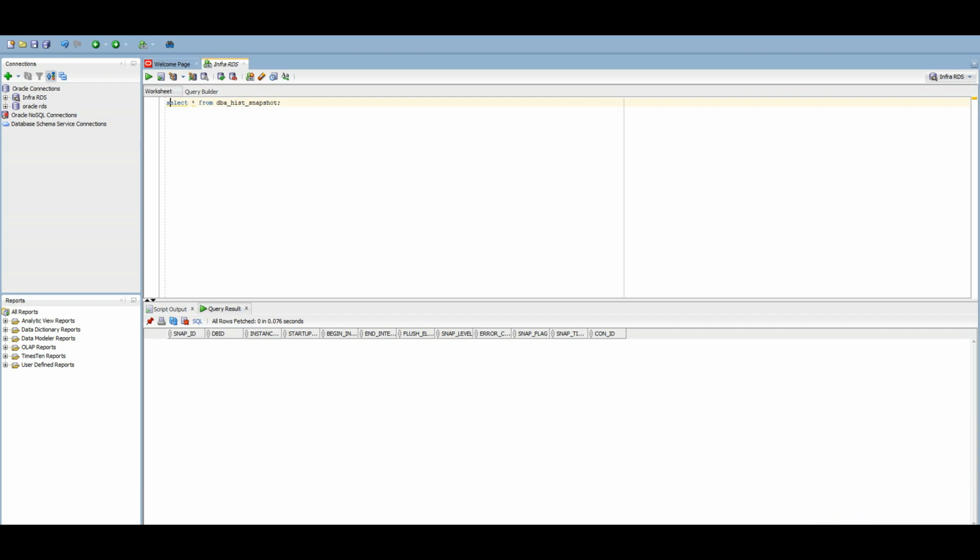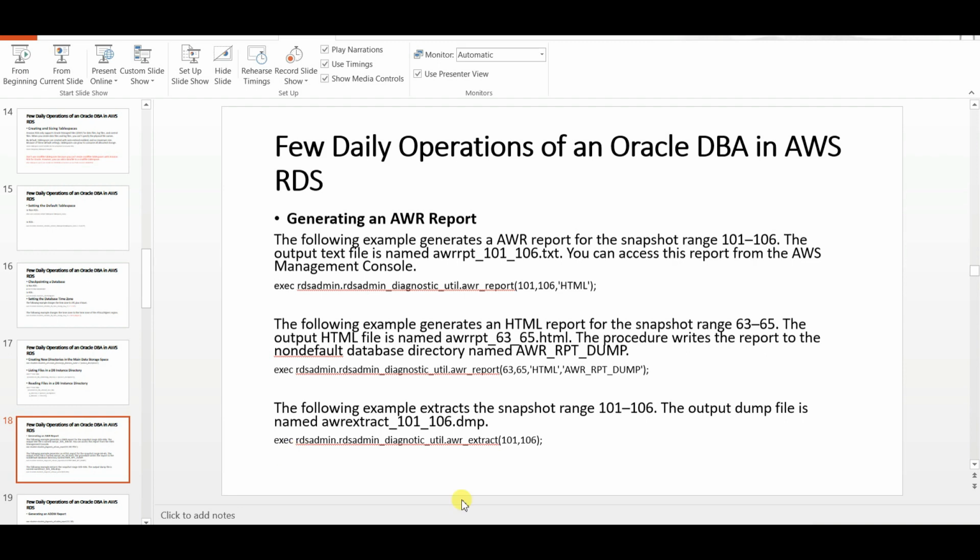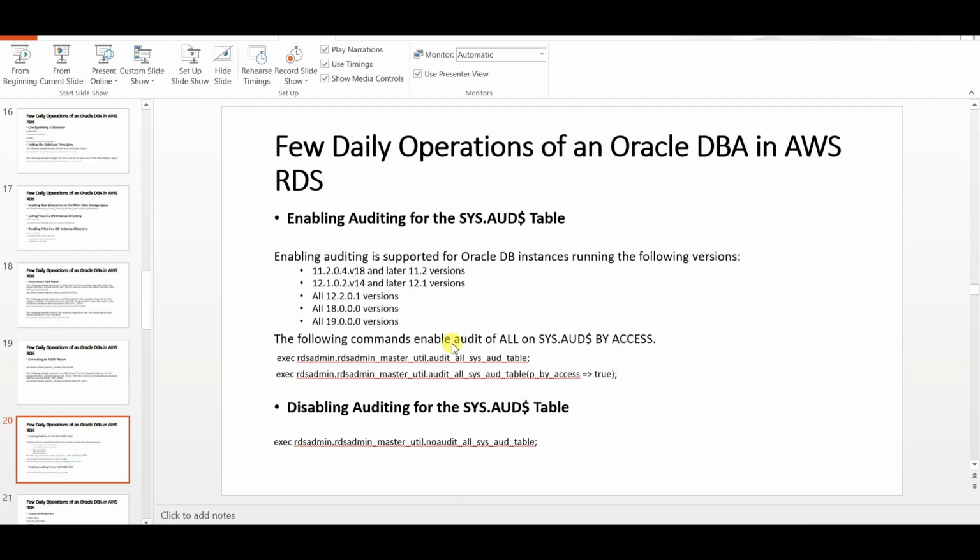So we need to wait. I'll pause the video for some time so that some snapshots are created for this database, or we can go ahead with this in the latter course. Till then, let us see how do we enable audit in our database.